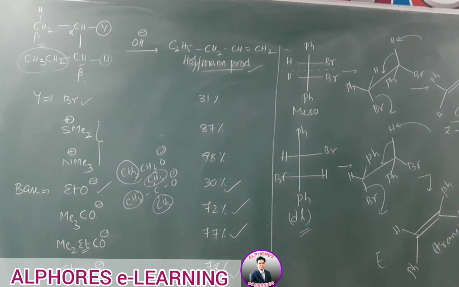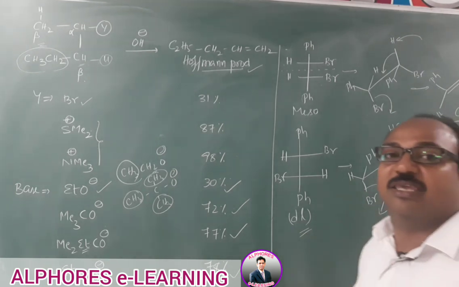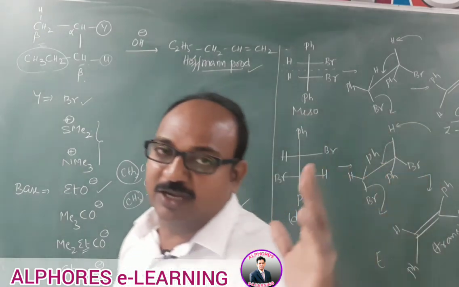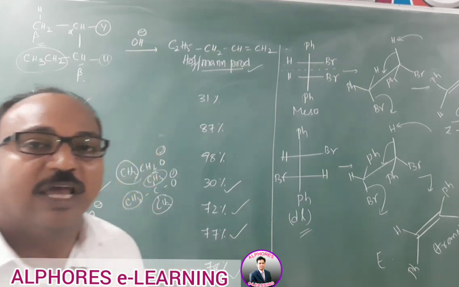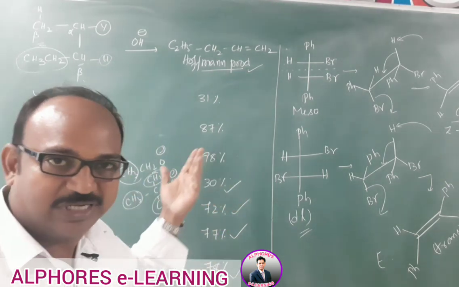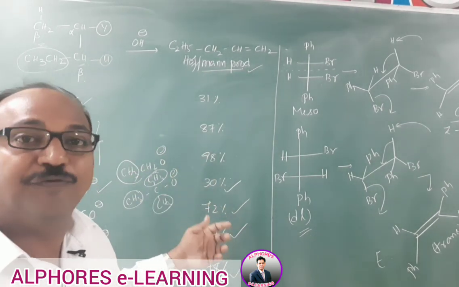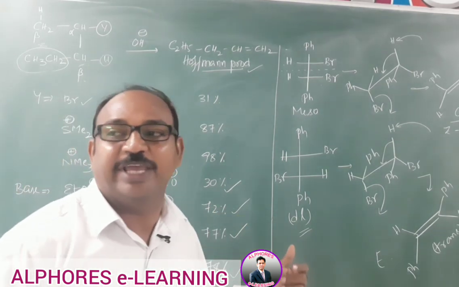Now this product whatever we are getting here, that is E and Z we mentioned, cis and trans. Regarding this cis and trans, previously I used to ask you one question. In general, for normal addition to alkenes, we say that cis alkene with anti-addition gives a racemic mixture. Hope you got that answer. Whether you are getting the same composition here also or not. If not, why? You have to check yourself.